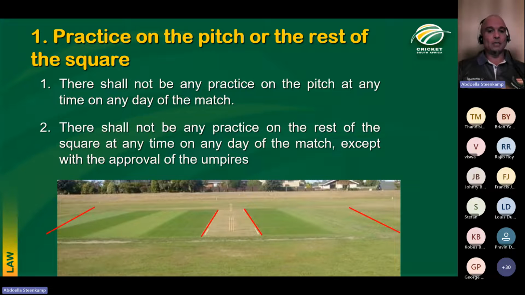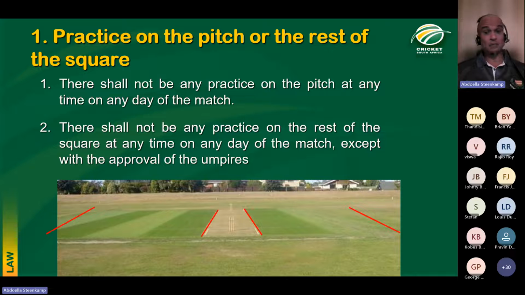Are we allowed to practice on the rest of the square? The law says no practice is allowed on the rest of the square, except with the approval of the umpires. At international and especially also provincial cricket, you will often find what we call bowling strips, the two strips right at the end of the square, where you can see the red lines on the right hand side and the red line on the left hand side, the furthest end pitches of the square. At provincial and international cricket, there are playing conditions that allow teams to bowl on these strips,